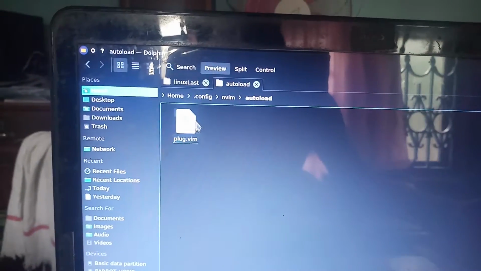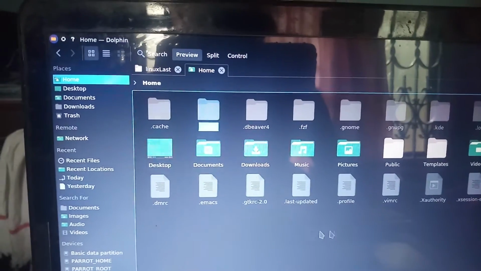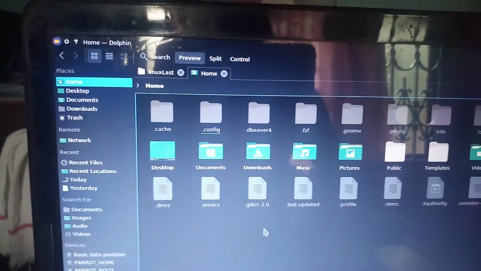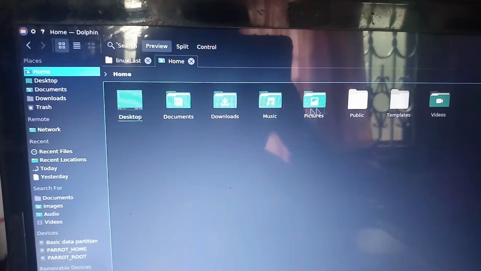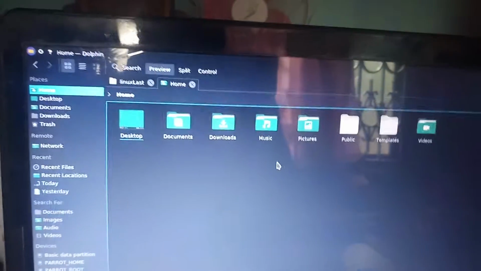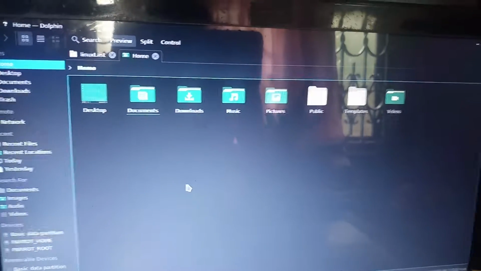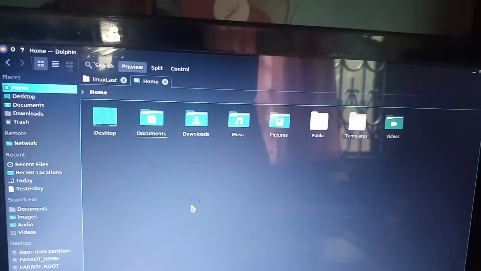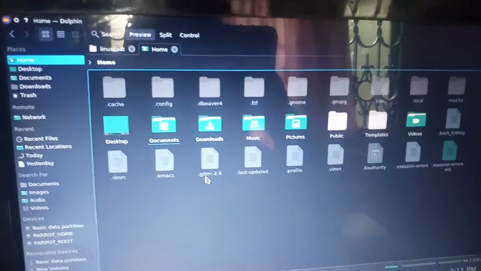There is no autoload directory in most Linux OS. In the case of NeoVim, its configuration file is located in your home directory. In the home directory, there will be a folder named .config. Normally it won't be seen. To see it, you should enable the option to show hidden files. Then press Ctrl+H to see hidden files.